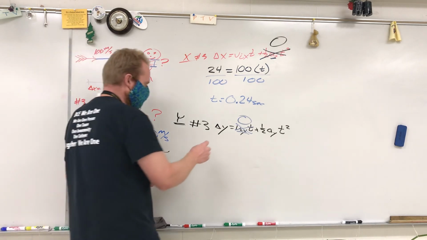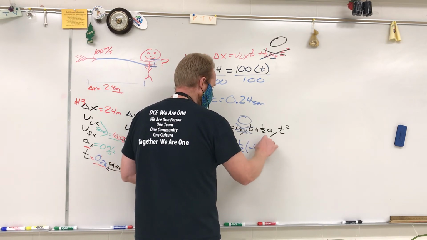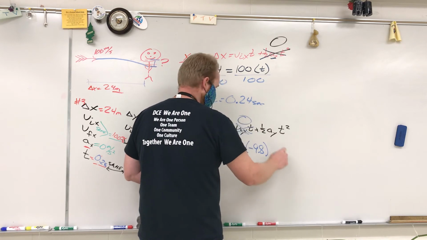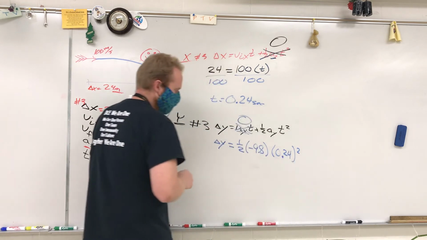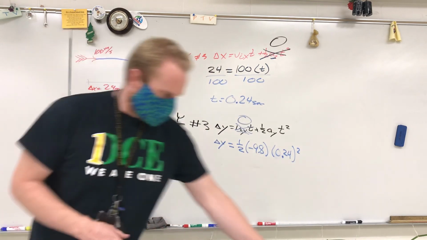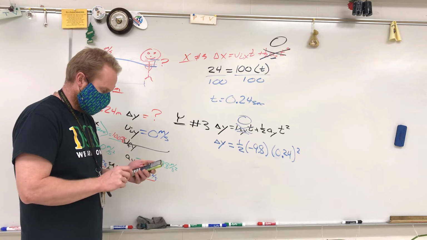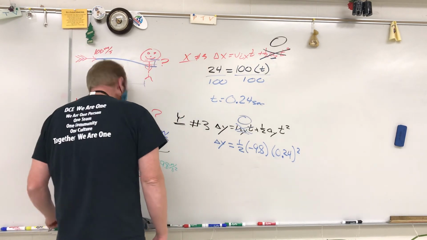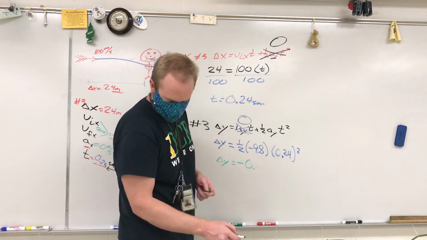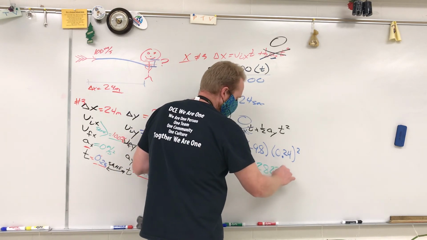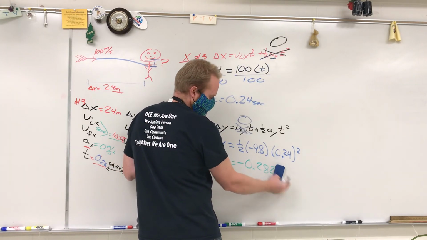When you start plugging in numbers, delta y is equal to 1/2 times negative 9.8 times t squared, which we already calculated to be 0.24, squared. Calculator time: 0.5 times negative 9.8 times 0.24 squared. We get a value of delta y is equal to negative 0.28224. Because we follow rules of rounding and 2 decimals is good enough, we can just say,